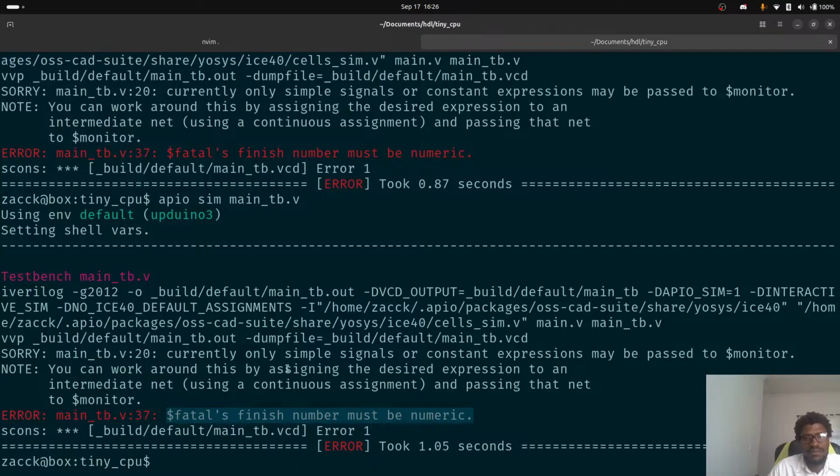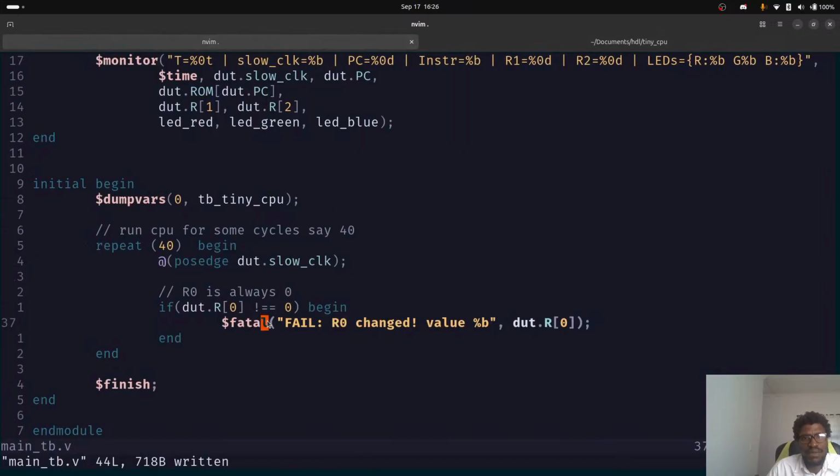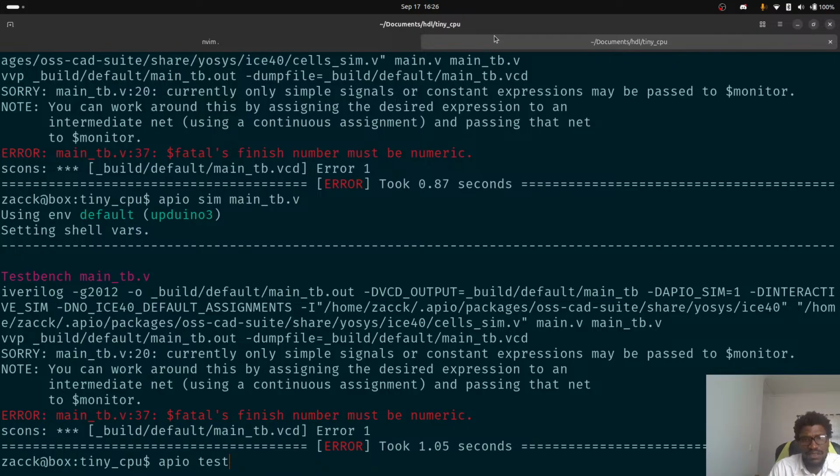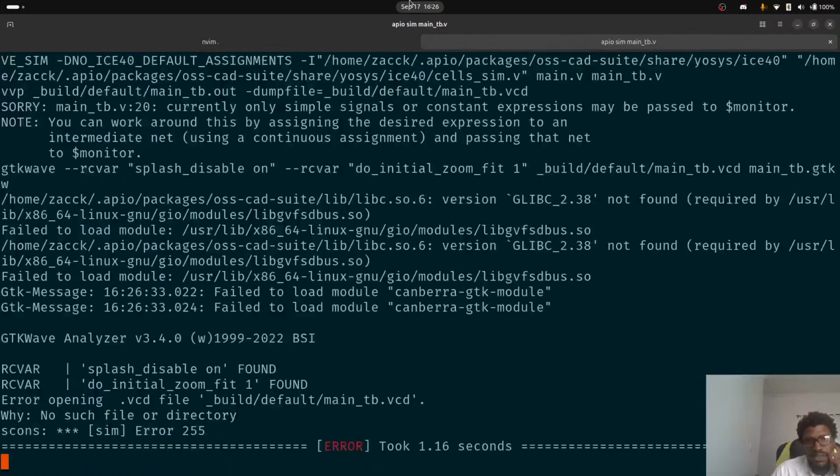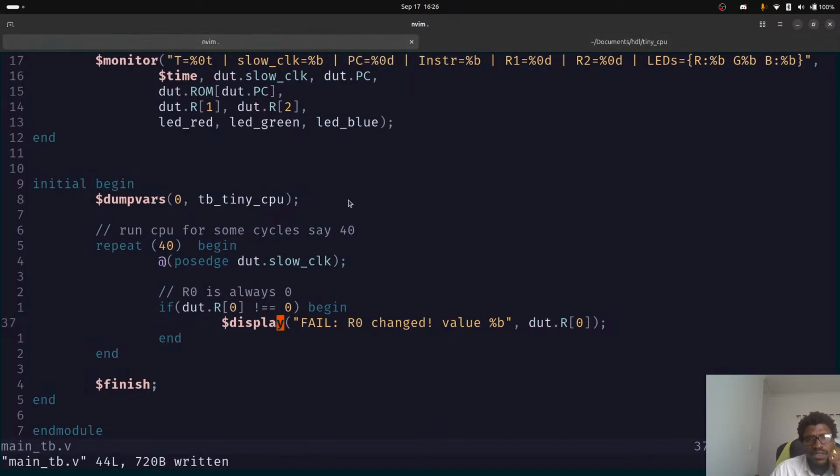I'll try and use a display here. Display. And then just see what happens if I do this. Okay, cool. So that actually changes. And then if I do apio simulate, build fault, initial sim. Cool. So that makes it not work, but